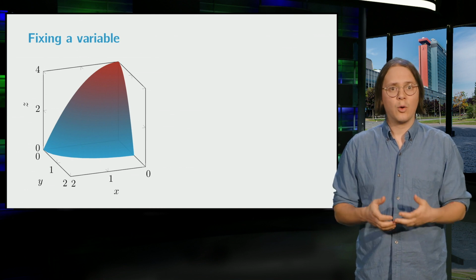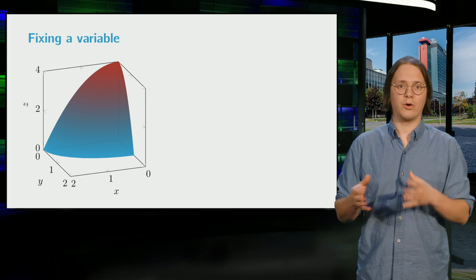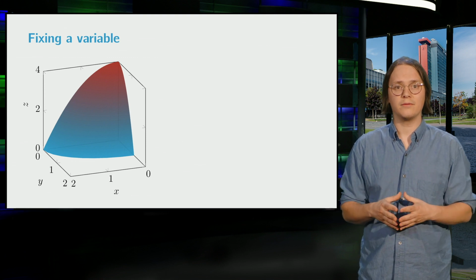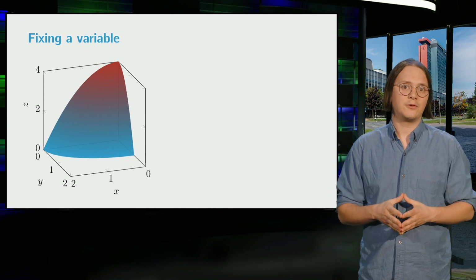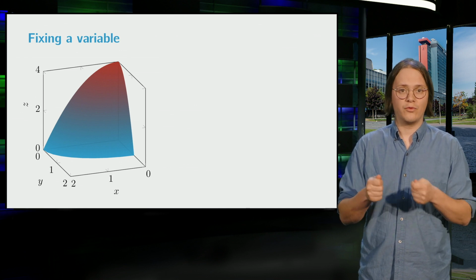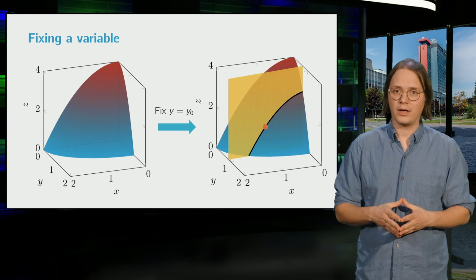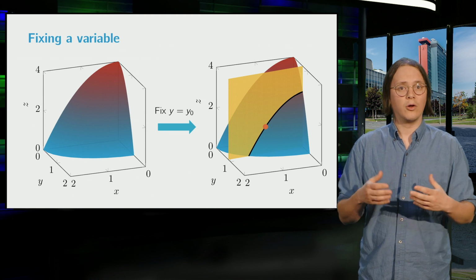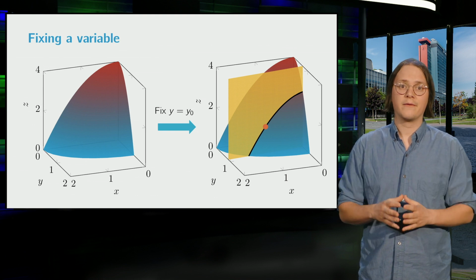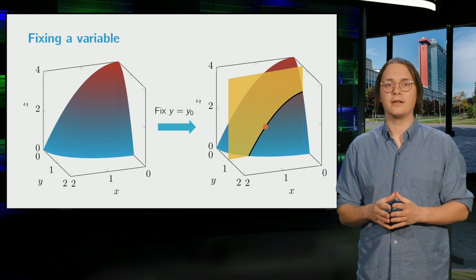In particular, what does it mean graphically to consider the function obtained by fixing the value of one of the variables and then taking the derivative? Well, this is really explained quite clearly by considering what it means to fix one of the two variables at all. When we consider the graph of a function of two variables and we fix one of the two variables to a particular value, we are looking at all points on the graph that also lie in a particular vertical plane, as you can see on the slide.